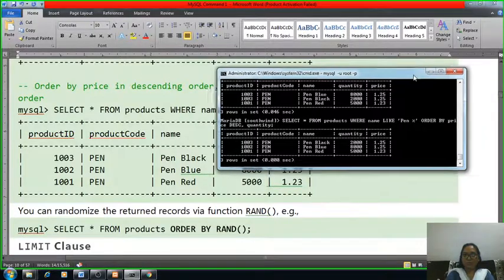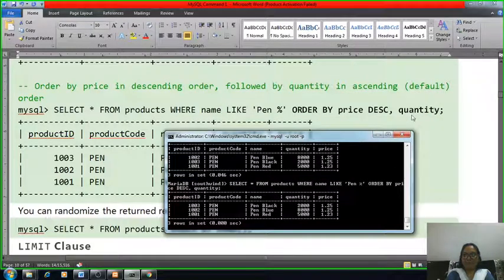Since we are specifying a quantity parameter without a keyword, by default it takes ascending order. So one parameter can be descending, whereas the other we can set as ascending, the default value. Because of our conditions, both tables will display their outputs.